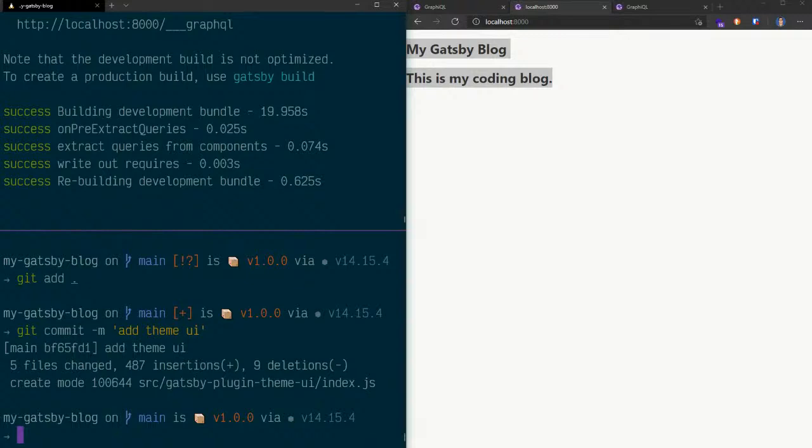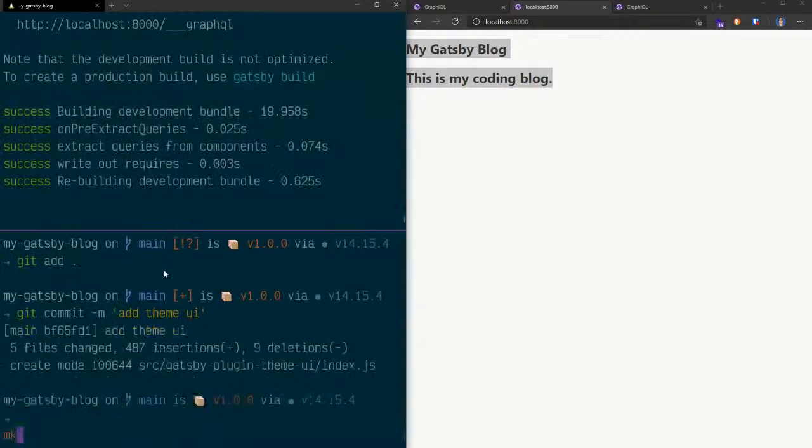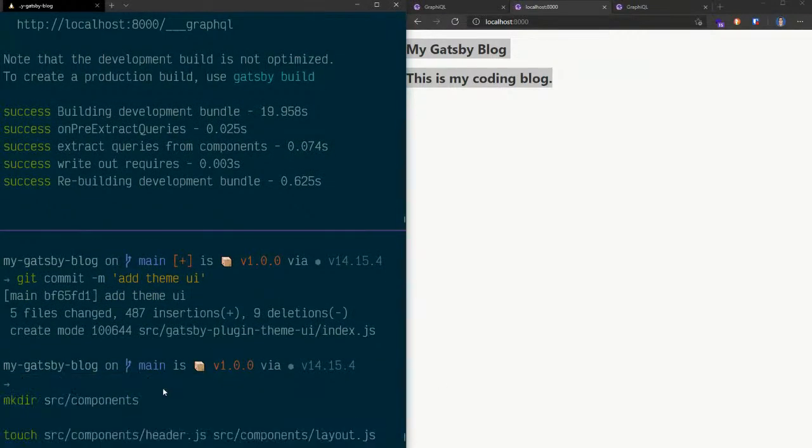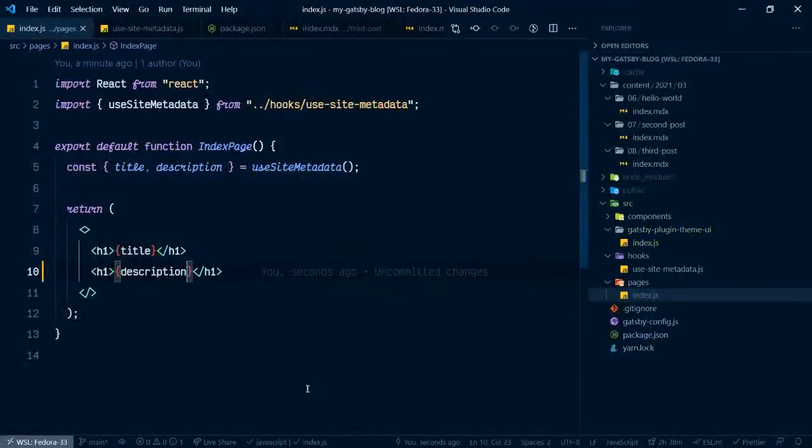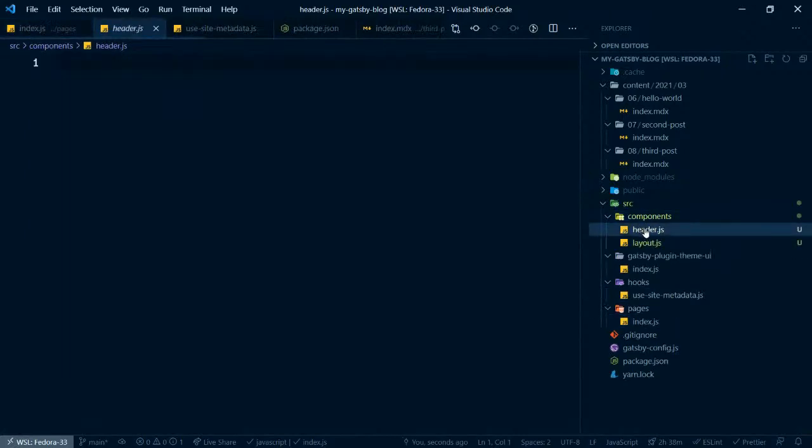Right, layouts. So with Gatsby, it doesn't provide a layout for you, so you have to do it yourself. You can use more than one layout. I'm just going to do the one, which is going to be copy paste in here. So making a components folder, and then in that components folder, I'm adding header and I'm adding layout. Okay, cool. So in the header,